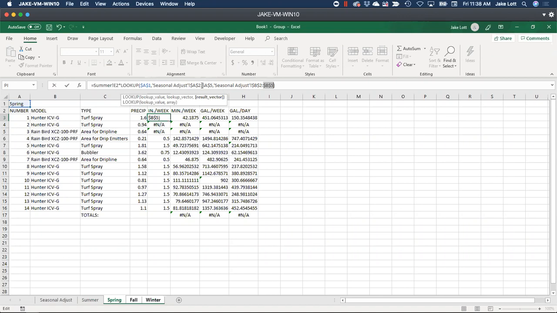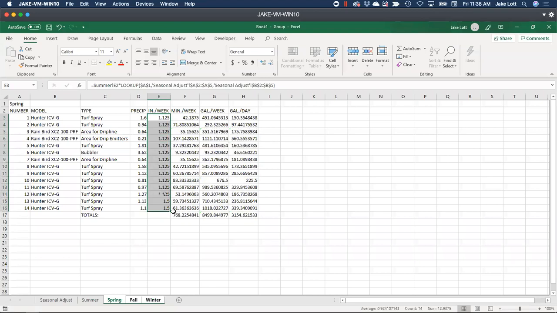So once I have it set, I can copy this down and it will actually find the appropriate number there. So you see how I dragged it down. It's going to keep the formulas the same, but it's also going to look up based on still looking at all of these corresponding numbers.